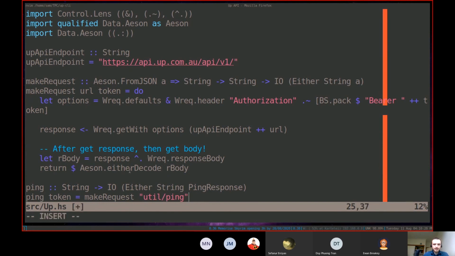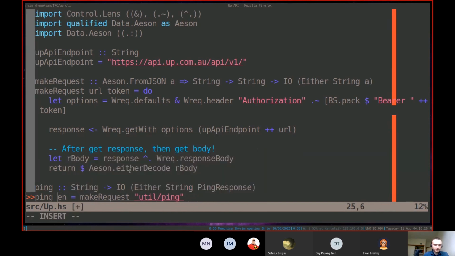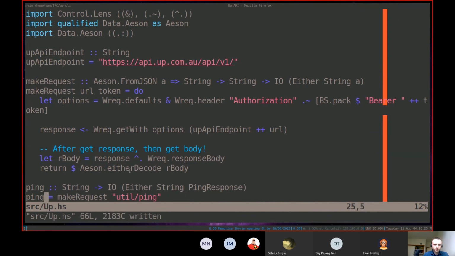But the thing is, if I wanted to, I could say that is equal to make request under one argument. And because I've done that, it only puts in one argument and it returns this value. It returns this function. And that function's type is the same as this function's type. And that allows us